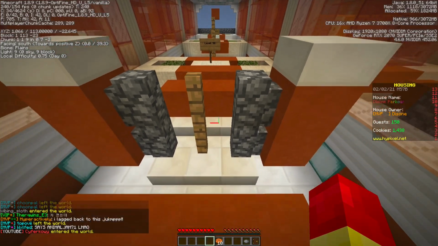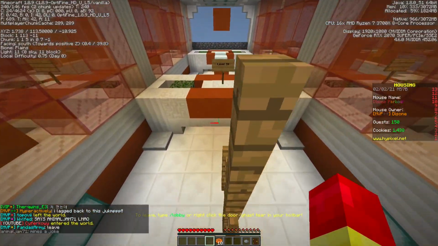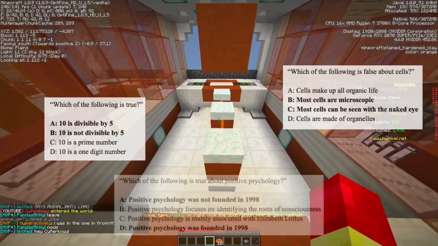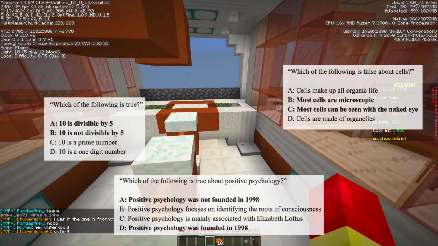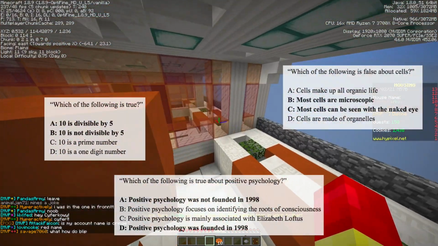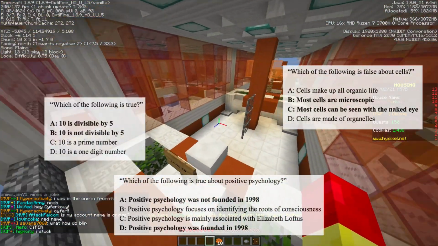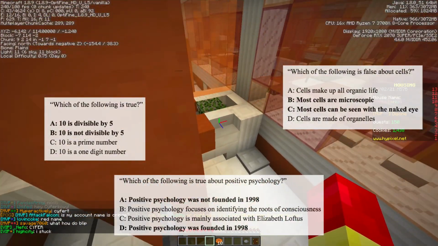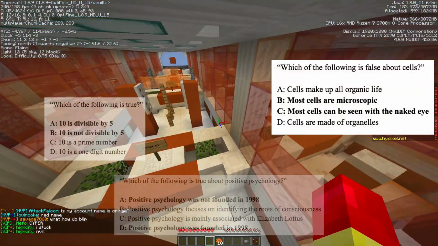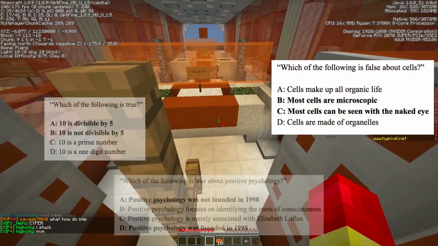If it was hard to grasp that logic because of the question's nonsensical gibberish, then here are some examples of some real questions with contradicting answers where the same logic applies. The contradicting answers are in bold. Notice that in some cases, it may not be immediately clear that the answers are contradicting. See that in this question, the options of most cells are microscopic and most cells can be seen with the